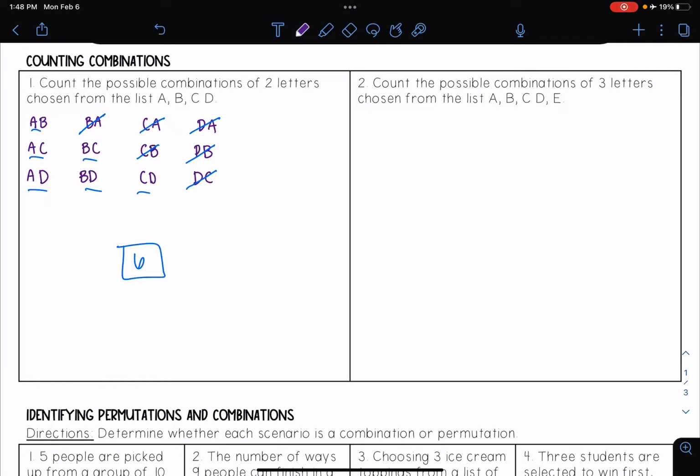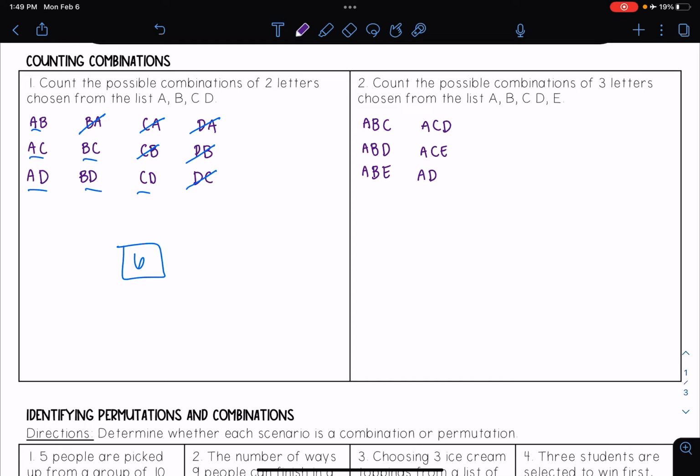So I'm just going to start with having A be the first letter. And then I have, let's do B. And then the third letter that can be possible is C. Or I can have A, B, D. Or A, B, E. Now I'm going to have the second letter be C instead. So I have A, C. I don't need to use B because I already have A, B, C. But I could have D, or I could have E. If I allow D to be the second letter,